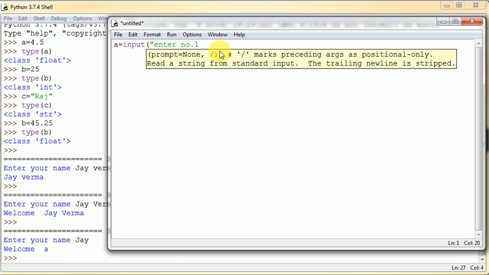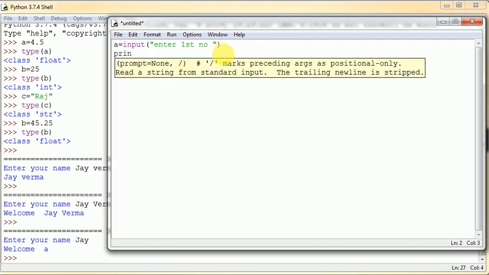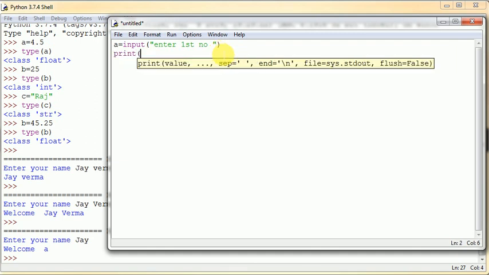Okay, I am taking one number, enter first number, that's my message, then close, and I am using print with one message, no equal to, comma a.